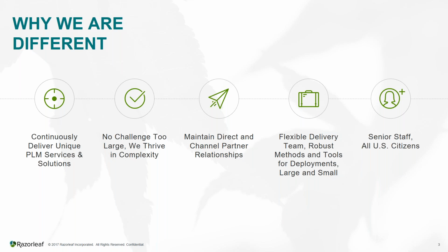Razorleaf, we've been around for quite some time. As I mentioned, 17 years. Even some of the principals of the company were together at a previous company for a few years before that. And one of the things that we really like to do is get into complex processes